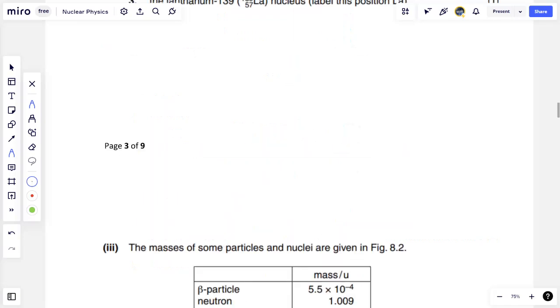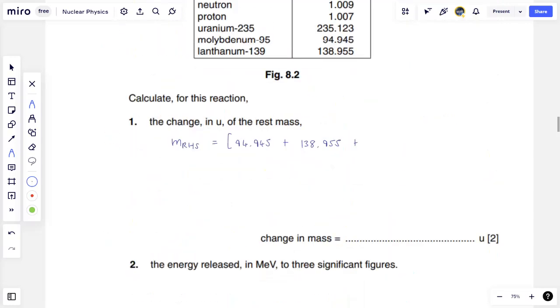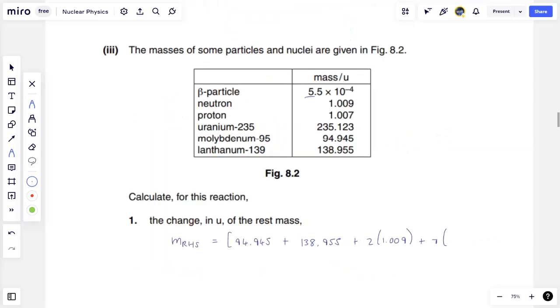Plus, what else do we have on the right-hand side? Molybdenum, lanthanum, 2 neutrons and 7 electrons. So 2 times the mass of a neutron, which is 1.009, plus 7 times the mass of an electron, which is tiny, the beta particle, 5.5